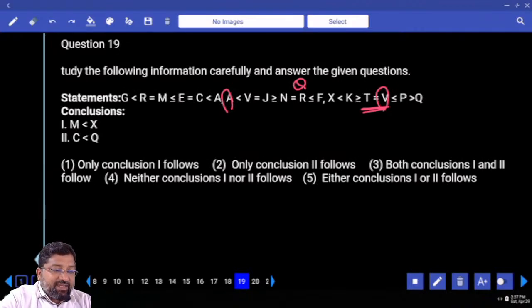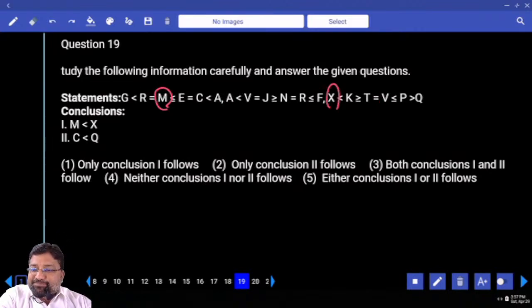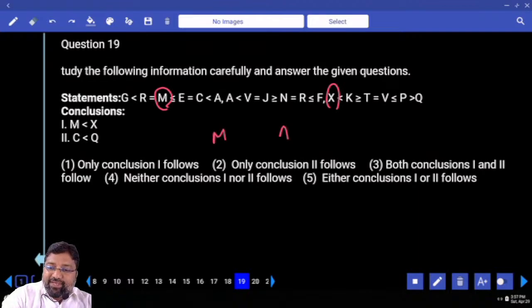Next question, M and X. What am I supposed to do? I am supposed to go from M to X. This is where M is and this is where X is. Any common elements between them? Come on, any common elements between them? What is the letter that connects M to X? Whose help shall we take? If we take A's help, from M I'll go to A, from A I'll travel to B, from B we will travel to X.